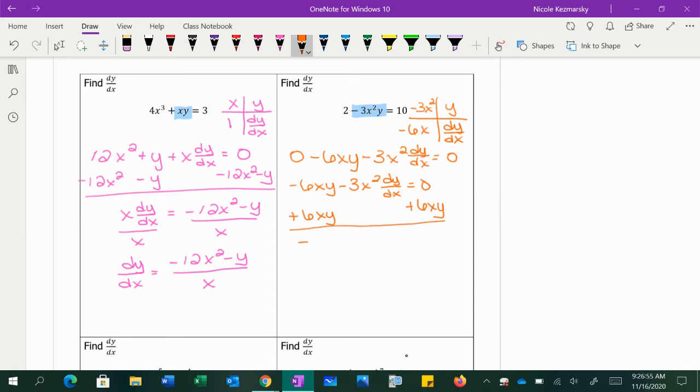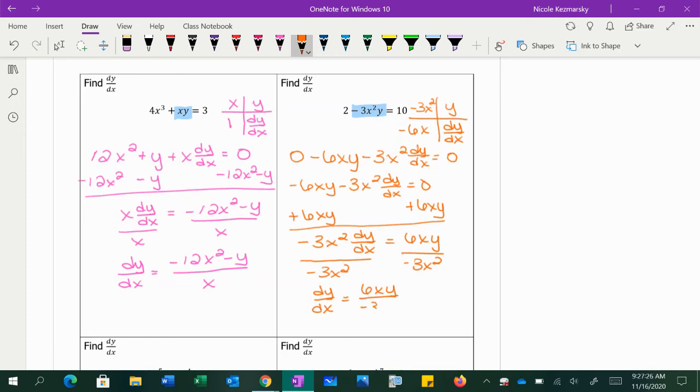And that's going to give us negative 3x squared dy/dx equal to 6xy. And then we're going to divide by negative 3x squared on both sides. And that gives us dy/dx equals 6xy